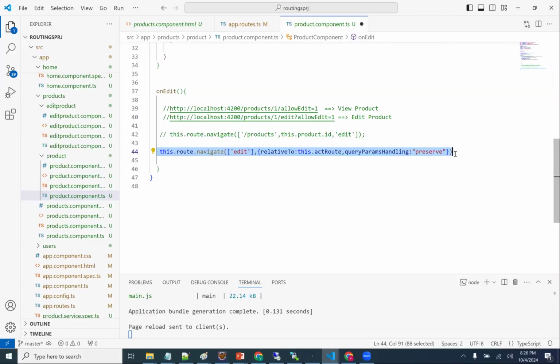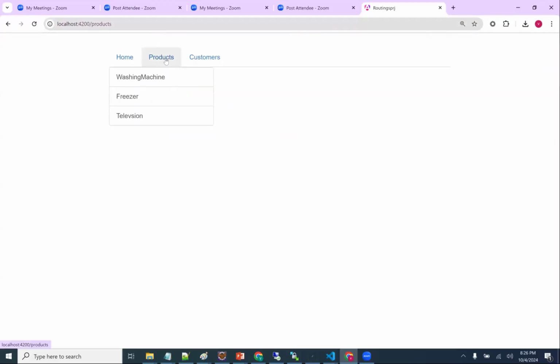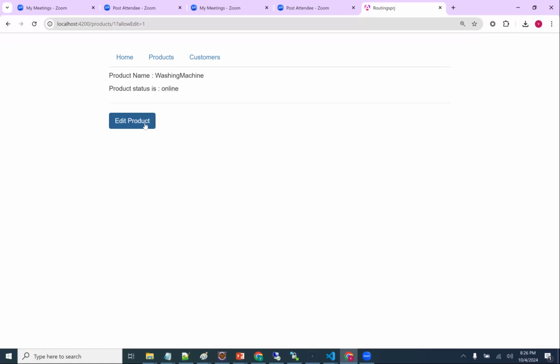Okay, now I save this code. Now we'll see, guys. I'm in the product section. I clicked on washing machine. Washing machine, available status. Allow edit is equal to 1, right? Previously, this allow edit was gone, sir. When I click this button, now it will not go.